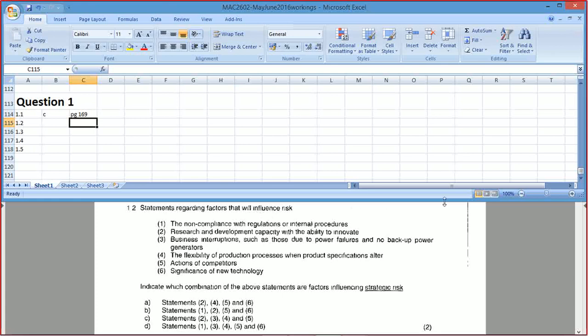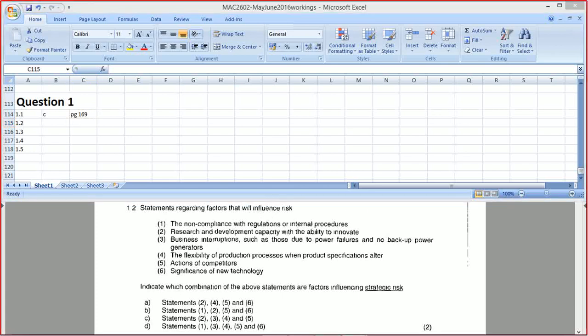Statements regarding factors that will influence risk. Okay, this is looking at risk in terms of the influences on the actual risk. Okay, what influences risk? Okay, number 1 says non-compliance with regulations or internal procedures. If you're not complying with internal procedures, that would be non-compliance with regulations. Yeah, that would definitely increase risks. That's non-compliance, meaning we're not following the rules. Do you agree? Yes, sir. Okay, so if we don't follow the rules, that would create